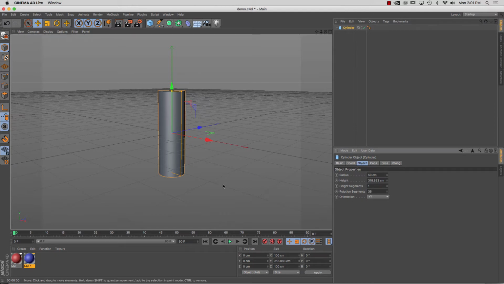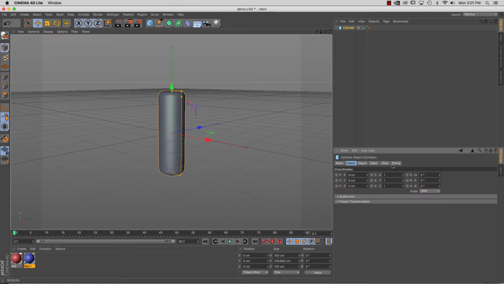First off, it says height segments 1, although rotation segments are 36. And we have our radius and our height as our main things. In this case, I have caps turned on. I could fillet them if I wanted. I could make it so that it doesn't wrap all the way around if I turned on slice. So we have lots of things, but mostly I'm looking at the moment at the fact that I have this